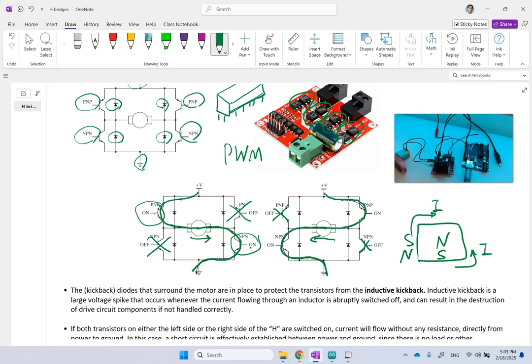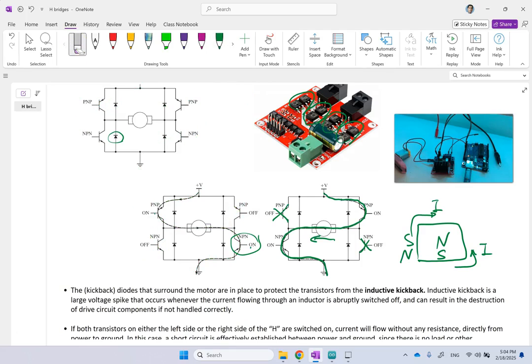And that causes the initial torque to be in the opposite direction, and that is going to cause the rotation to be in the opposite direction. Good. So this is very obvious in how we switch the direction of rotation with 4 transistors, 4 electric switches. Now, one thing important is,